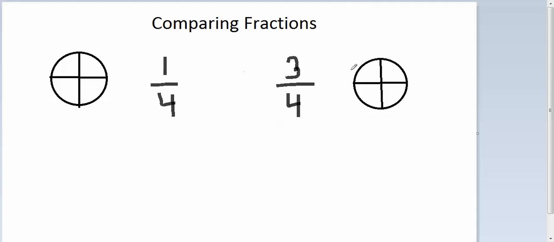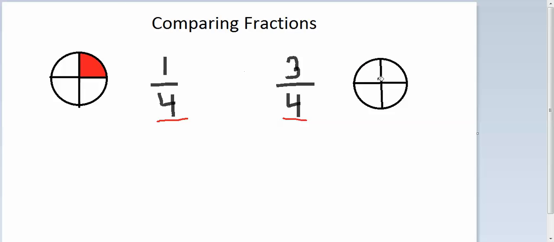All right, today we're going to learn how to compare fractions to see which one is the bigger fraction. Now, when we're comparing fractions that have like denominators, like 1/4 and 3/4, it's very easy to not only look at the numbers in our numerator, but also to think of it as a picture. And you're going to be able to see that